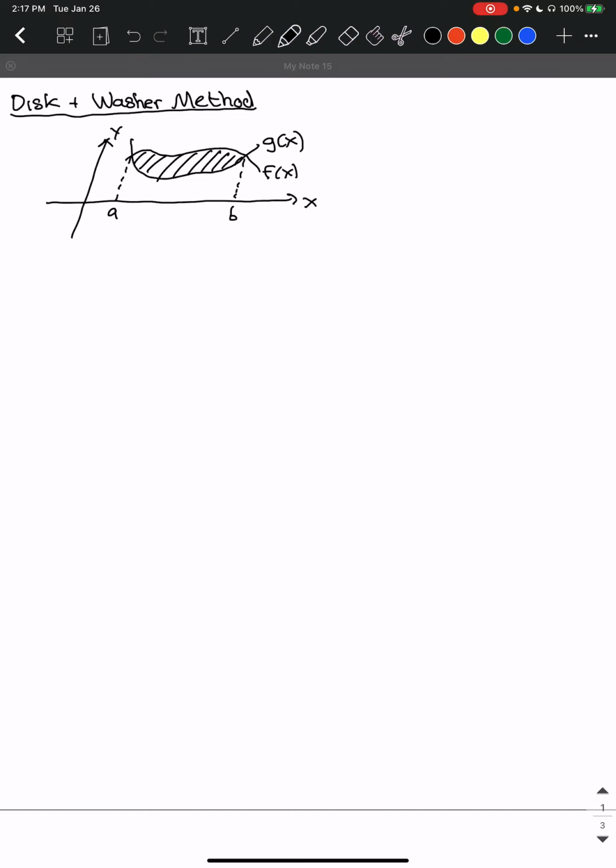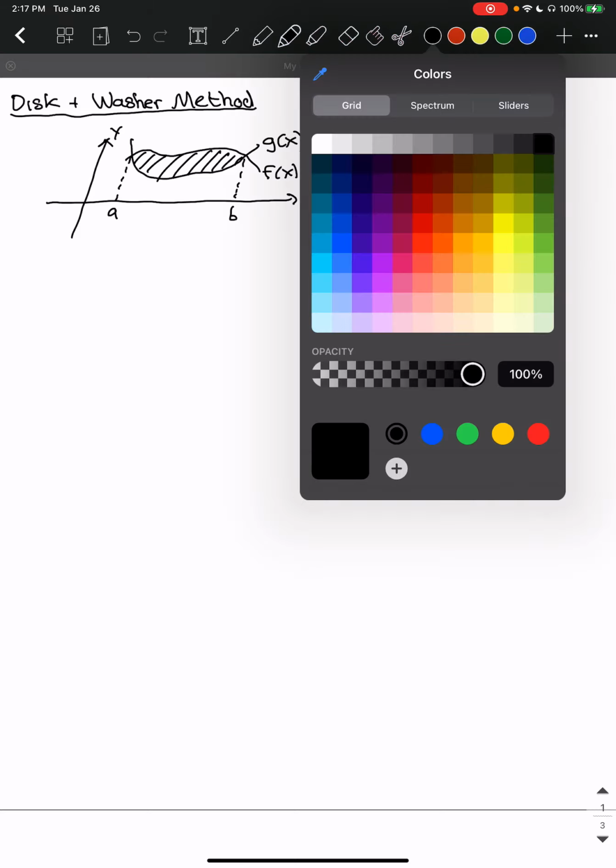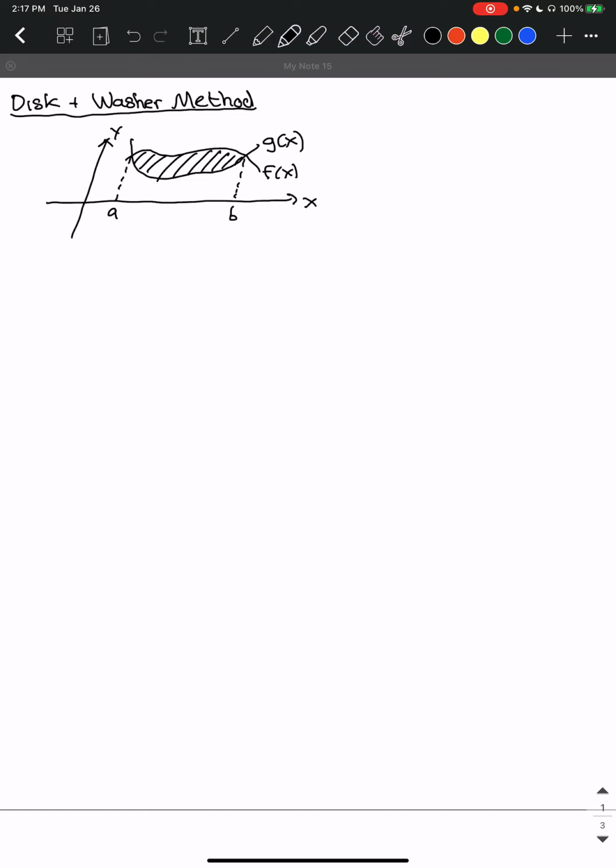But this time, instead of slicing it up into cross sections, what we're going to do is take a region in the XY plane, like I've drawn here. We're actually going to take it and revolve it around an axis. So generally this is either the X or the Y axis, although it is possible to have different ones. But generally we're going to take this region and rotate it